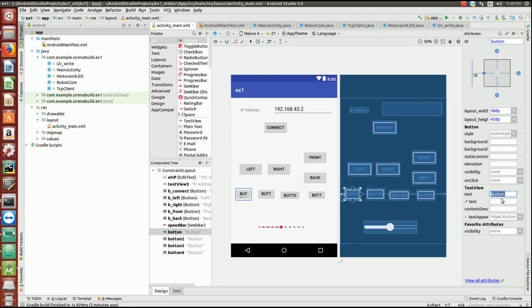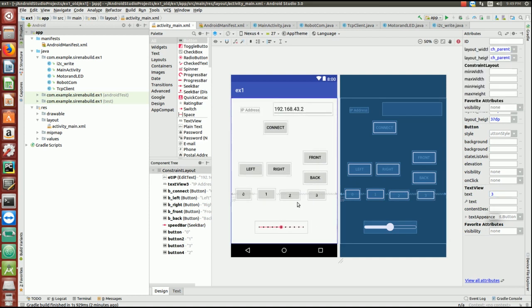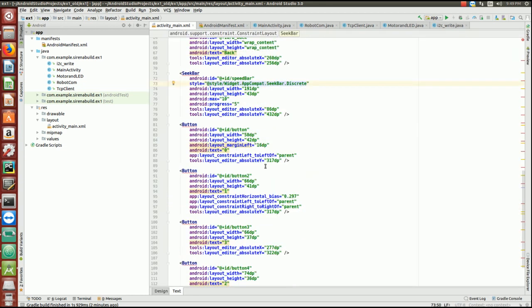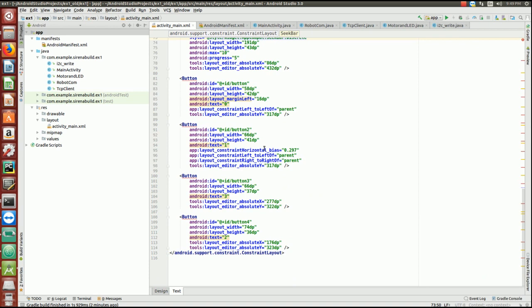Okay, let's put the text as 0, 1, 2 and 3, because in electronics actually everything begins from 0. So now we have 4 buttons, and